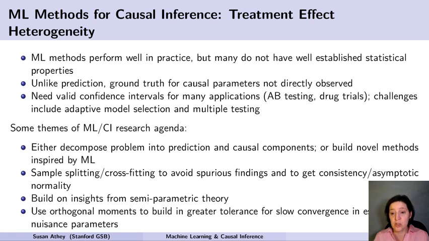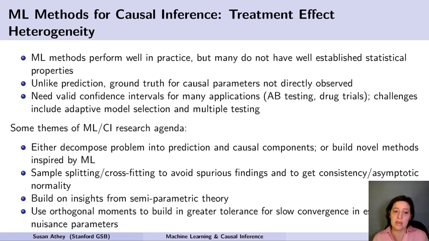We've also found that just generally building on the insights of semi-parametric theory is really important. There's a lot of theory that was already done to say, how can I estimate parameters of interest like causal effects in a world where I don't know functional forms? And so we can use that theory to come up with well-performing and efficient, in terms of minimum variance, estimators when we bring in machine learning.